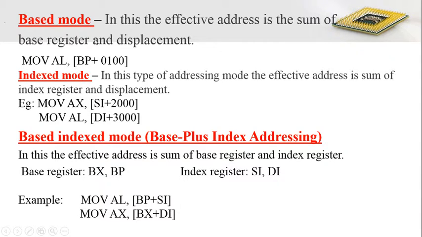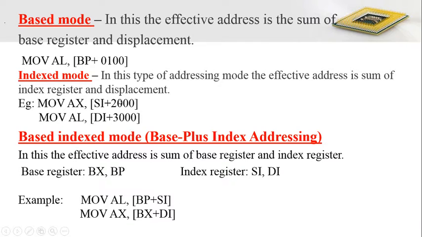In the base mode we need to specify the offset value using a base register BP or BX plus a displacement value available in the instruction itself. In the index mode we need to specify the offset or the displacement value as a content of index register